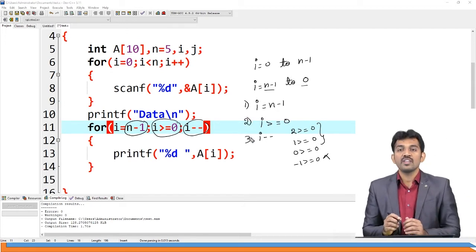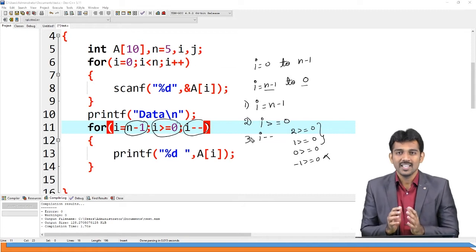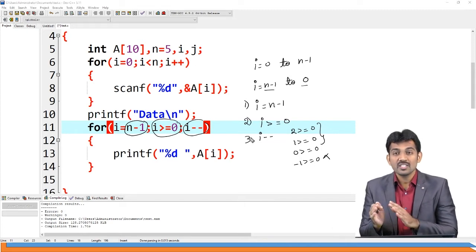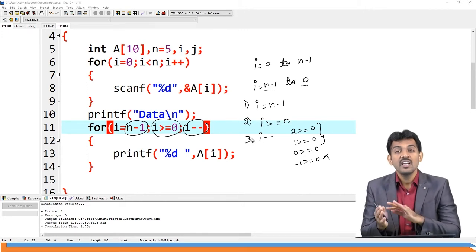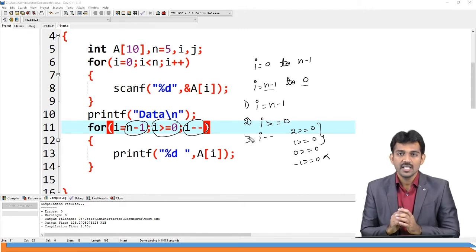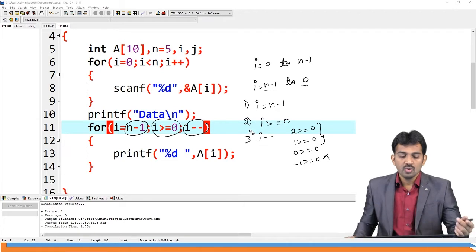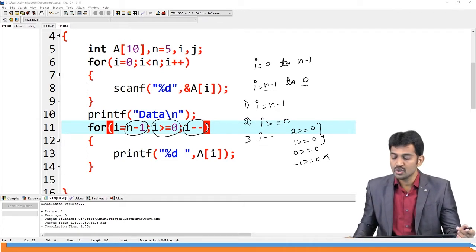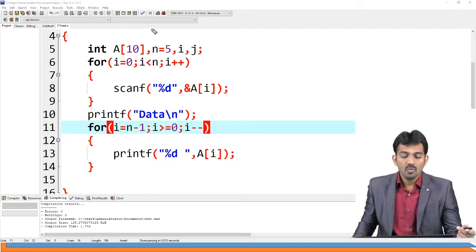This is the code for reverse of a given array. Right? Reverse order. Traversing in the reverse order, not array reversing. It is traversing in the reverse order. Is this clear? This is the code. So let us see what the output of this code is. We'll check whether the code works properly or not.